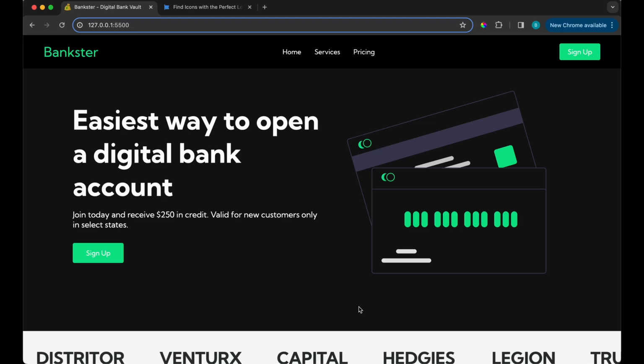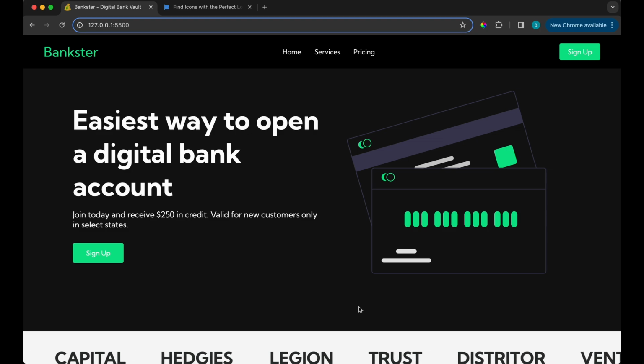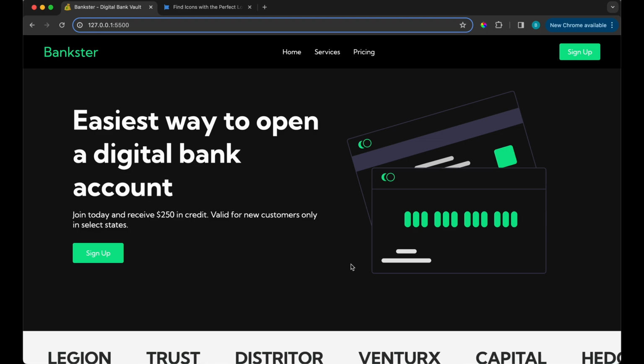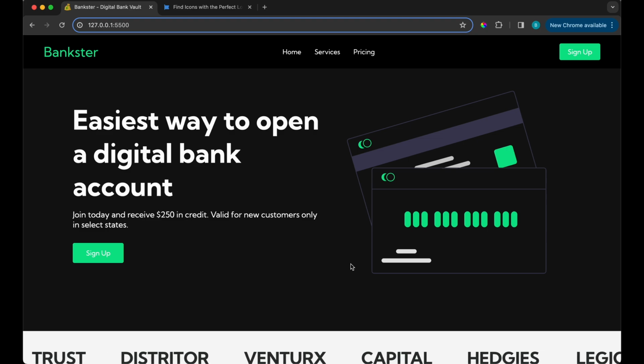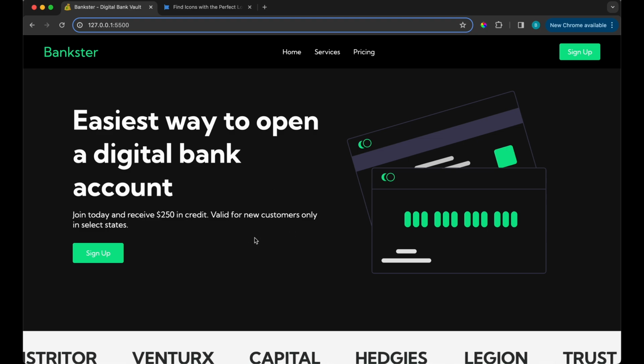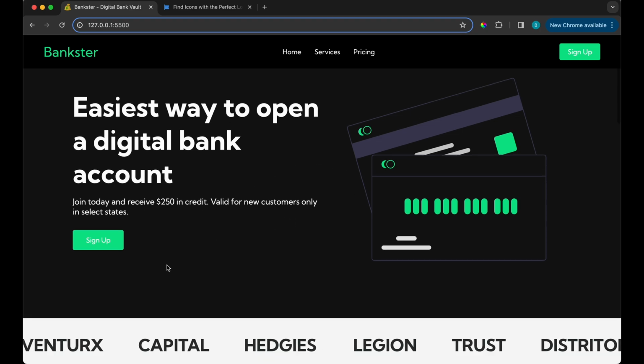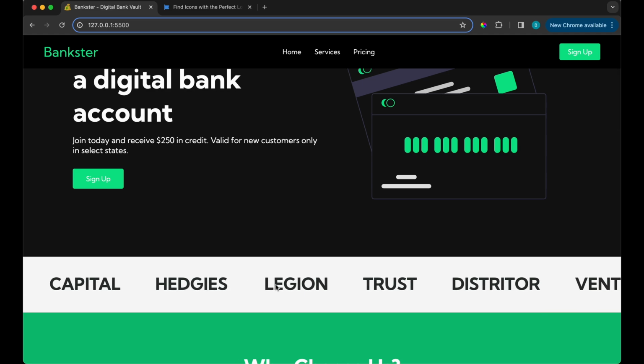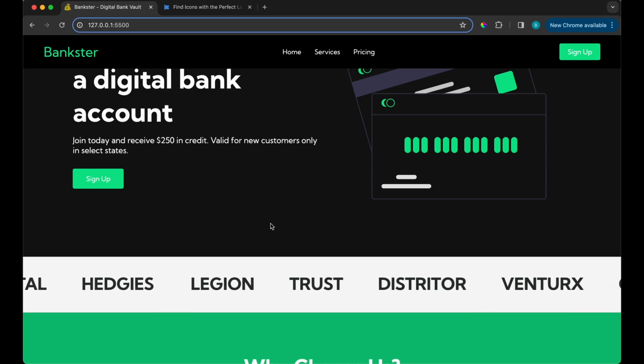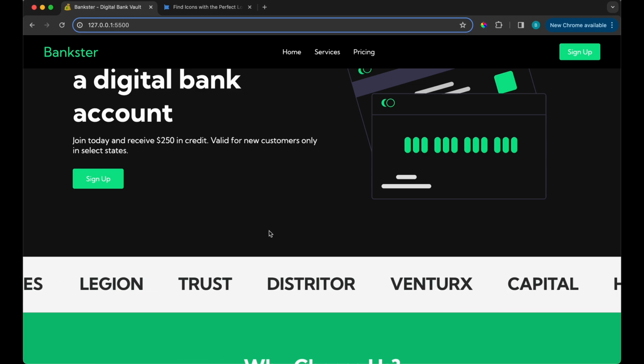What's going on, everyone? Today I'm going to show you how to create this entire website utilizing HTML, CSS, and JavaScript. So first off, let's go ahead and take a look at the design. So we have this nice section right here, and then we have this rotating carousel that actually pauses if I hover over with my mouse, and then I move it, and then it pretty much repeats, and then we can